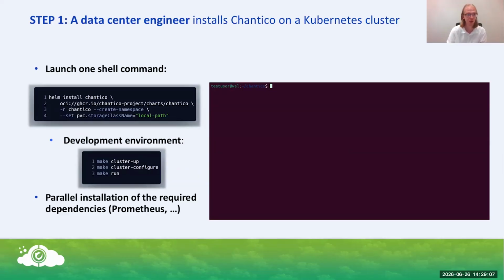So it's all deployed in one namespace currently, and then you receive Chantico as a core, but also a Prometheus, an SNMP exporter, long-term storage, and Grafana dashboard, as well as a file browser such that you can get access to your volumes.